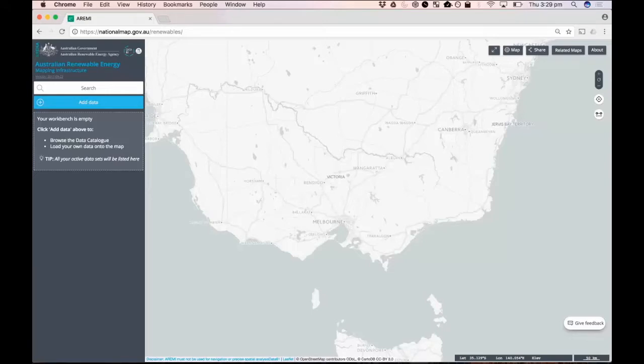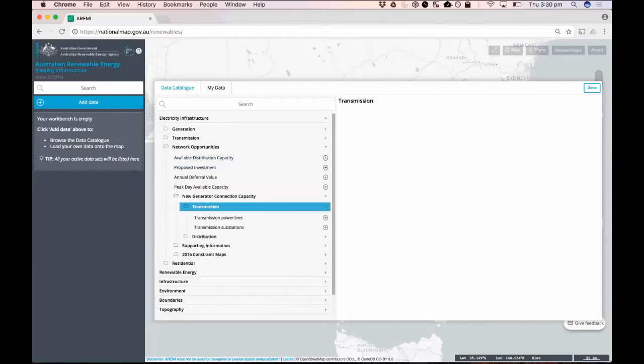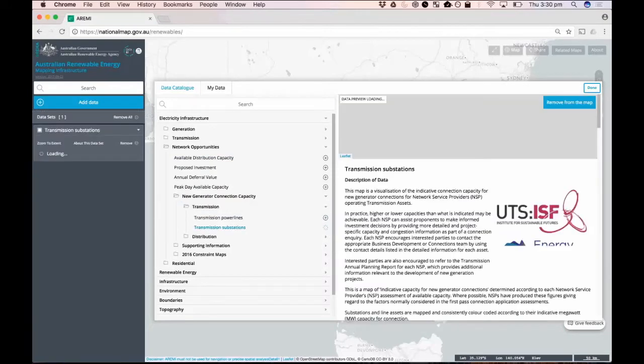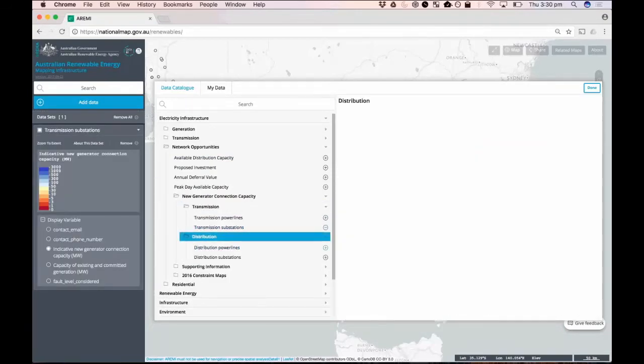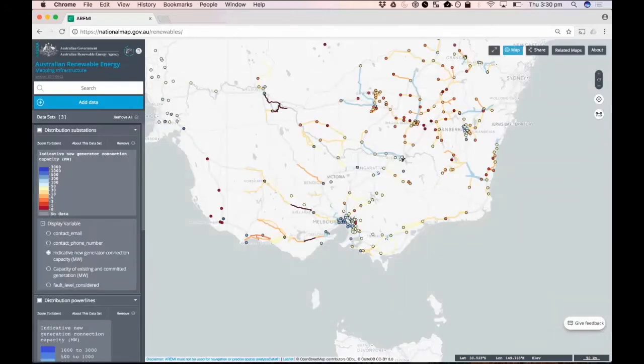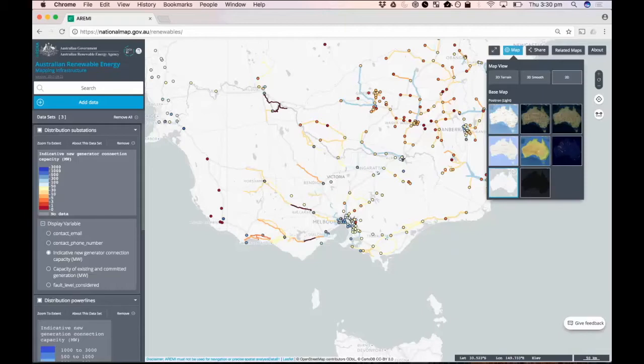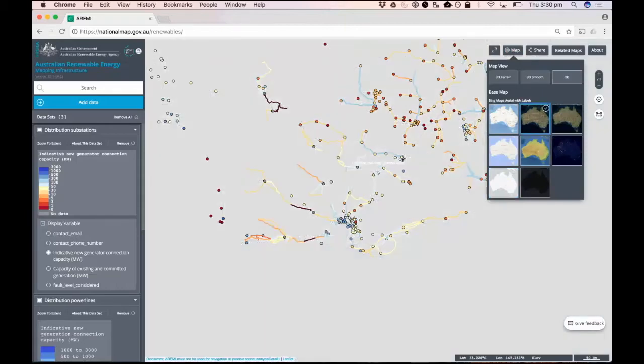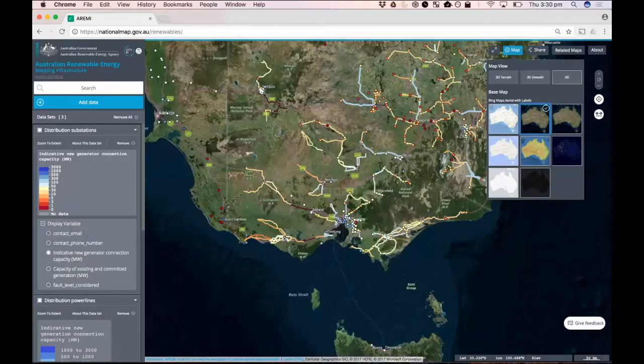So let's start with our generation connection capacity. So we'll go here, we'll turn on, there's no data at the moment in the transmission power lines, but we'll turn on transmission substations, distribution power lines, distribution substations. And we'll flick that over here to our aerial. So this is the map that we saw on the slide earlier